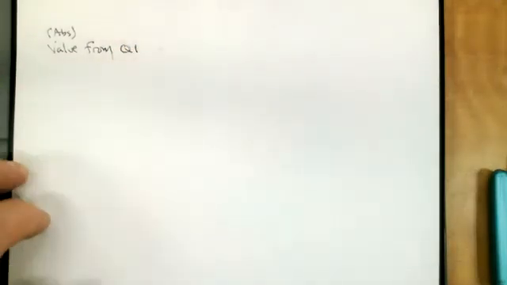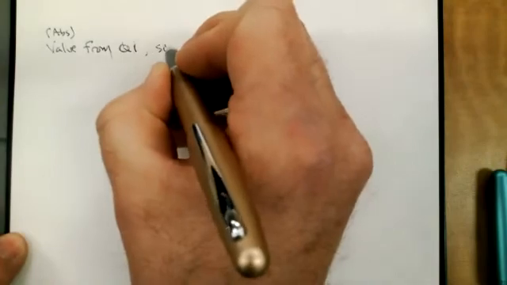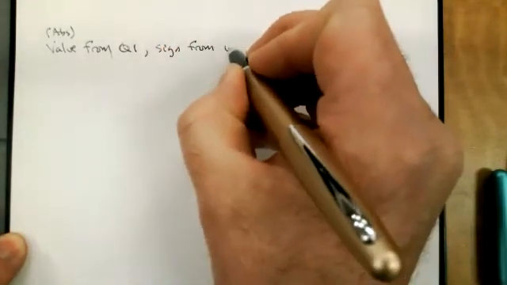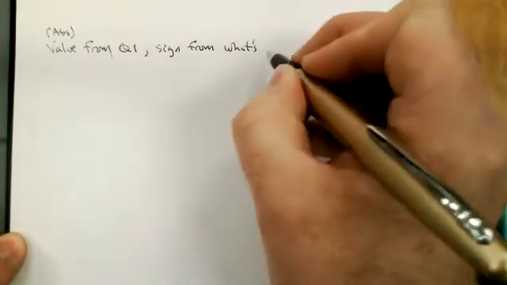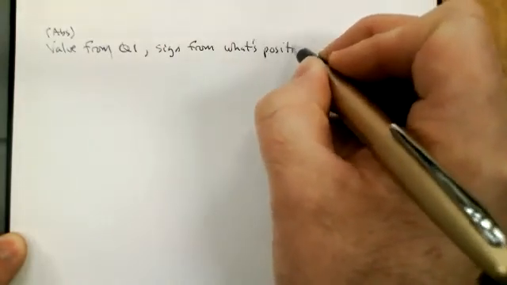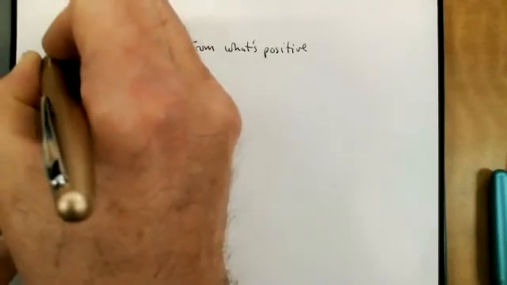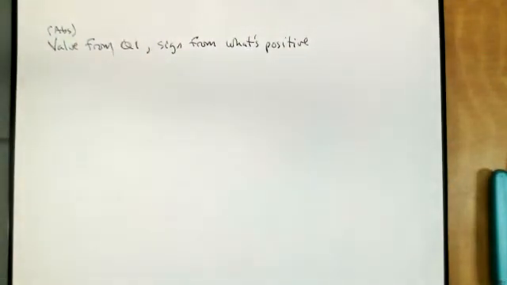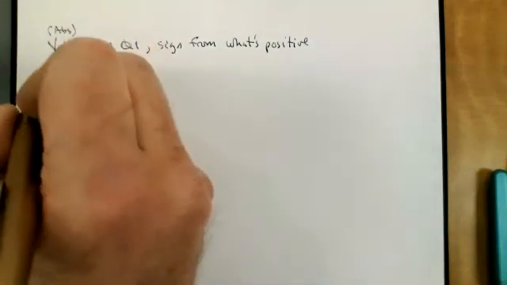Our value is going to come from what we know about the first quadrant. Our sign, positive or negative, will come from what's positive where. The absolute value is going to come from the first quadrant, and then the sign will come from what's positive where. So for example,